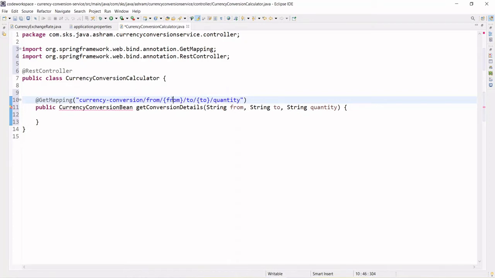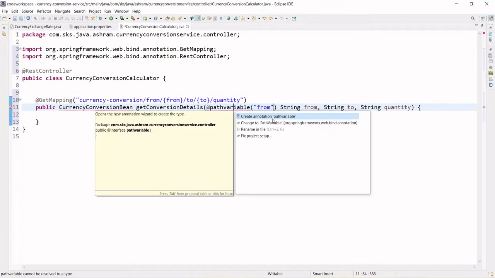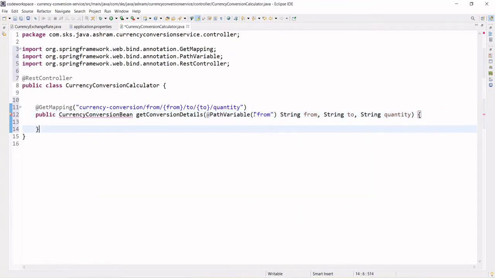Now this from will have to be mapped, right? This to should be mapped with this, and this quantity input parameter should be mapped with this method parameter. How can you map this? Map this using the PathVariable annotation, right? Let's say from. Control 1, fine.